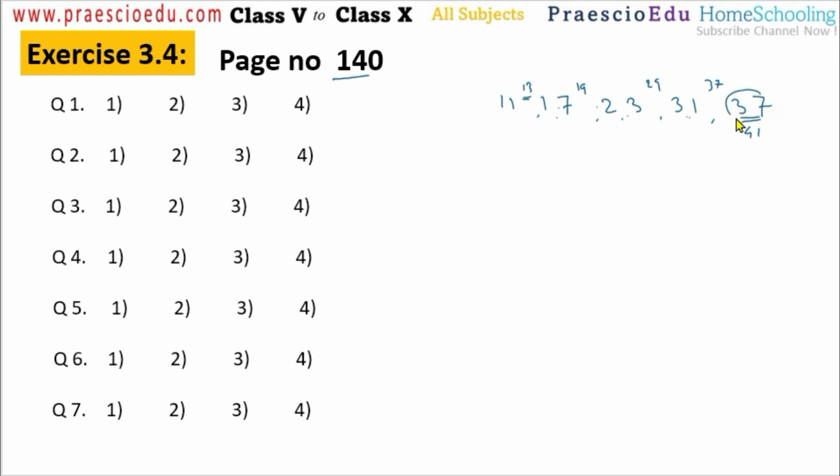So this 37 is a wrong term, it should be hidden, or we can say missing, and there should be the 41. So 37 is given in option number 2. Now question number 2,